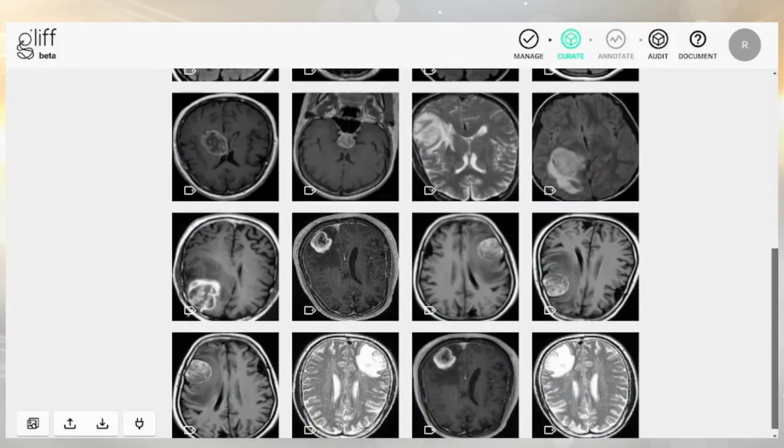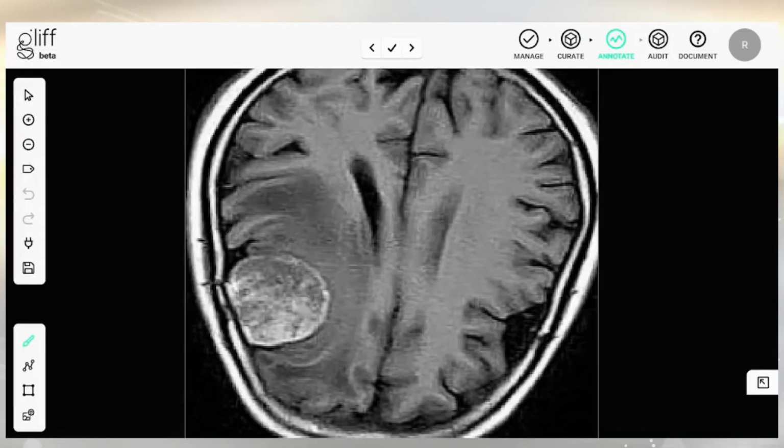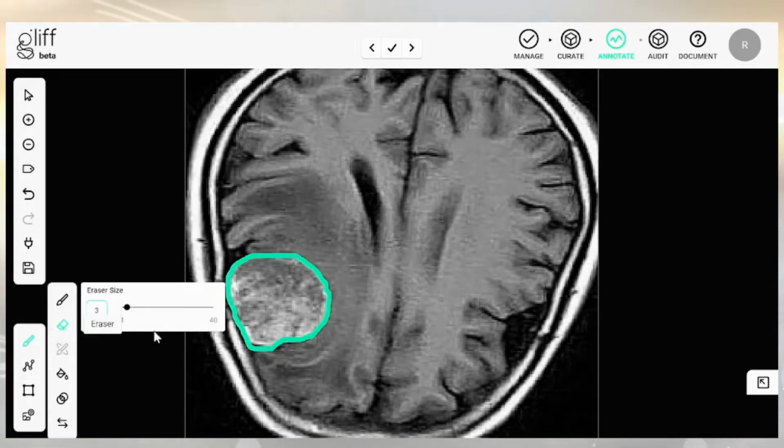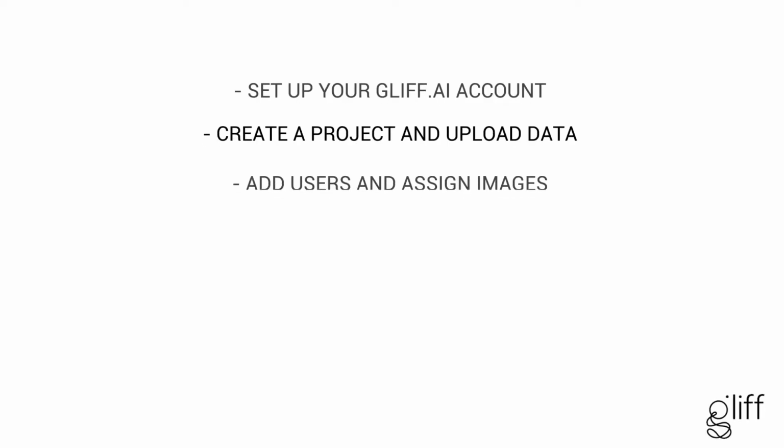gliff.ai is a secure, easy-to-use software platform comprising tools that make developing an imaging AI as simple as possible. gliff.ai is designed for teams who are developing AI solutions for healthcare, biomedicine, and pharmaceuticals, but it's also available to anyone in any industry. In this video, I will show you how to set up your account, create a project